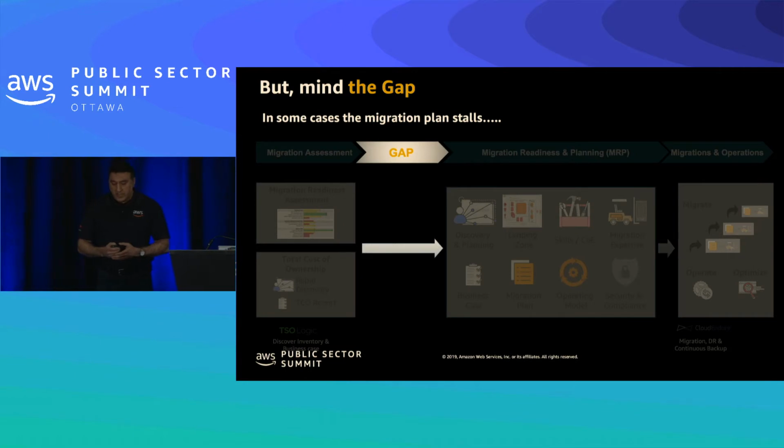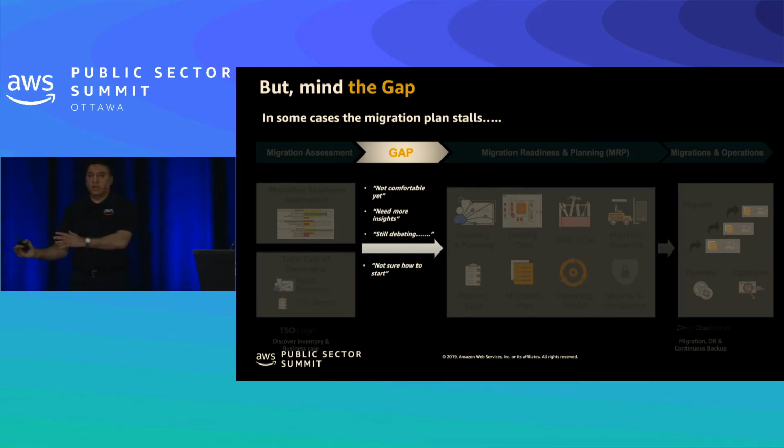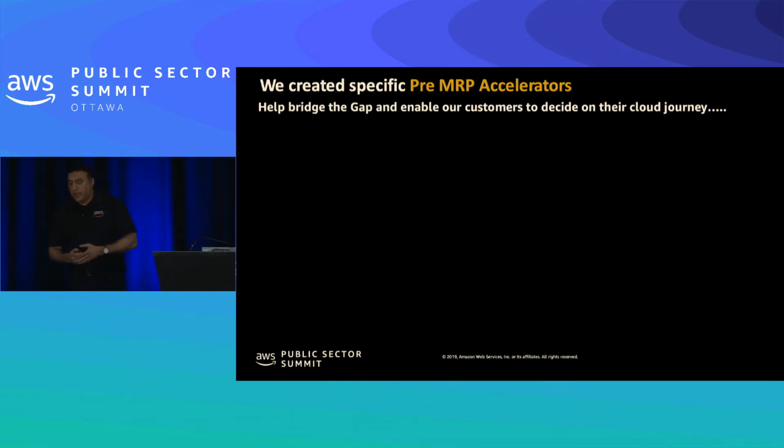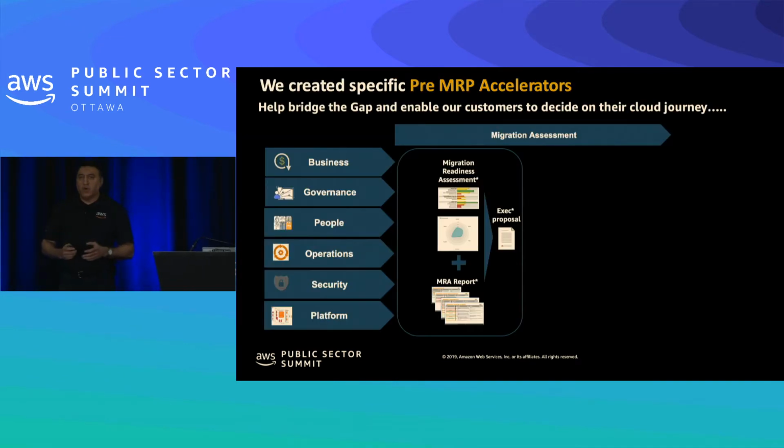But what happens sometimes is there's a gap between the MRA, which is the assessment piece, and the migration piece, with the planning piece, because maybe customers are not comfortable yet. They don't have enough data, or they just don't know where to start. So we've designed a few accelerators, MRP or pre-MRP accelerators, to help customers through that. And those come in the form of